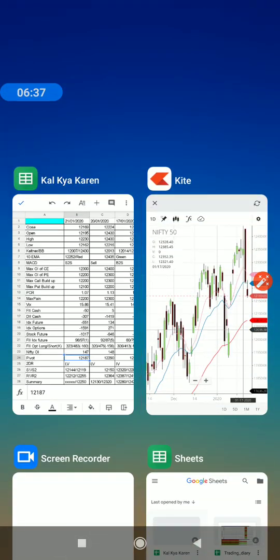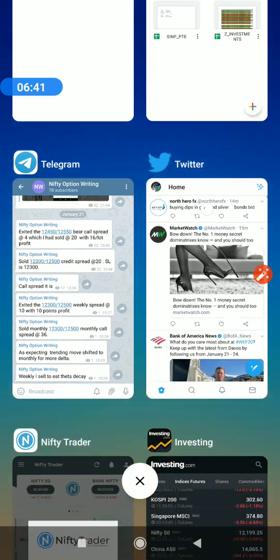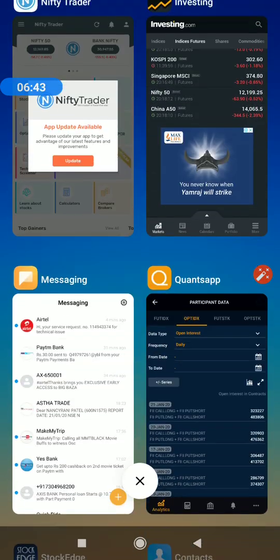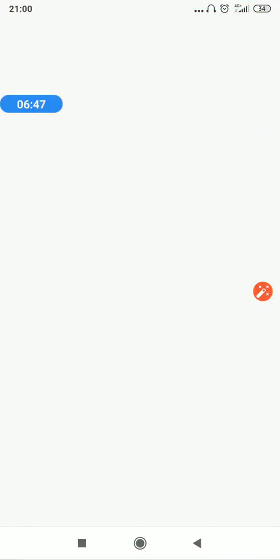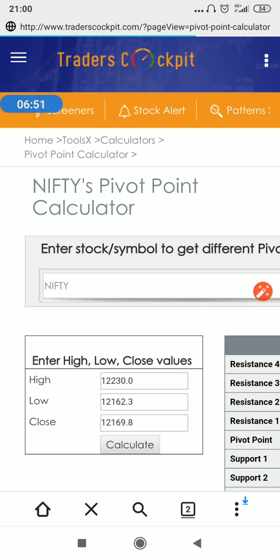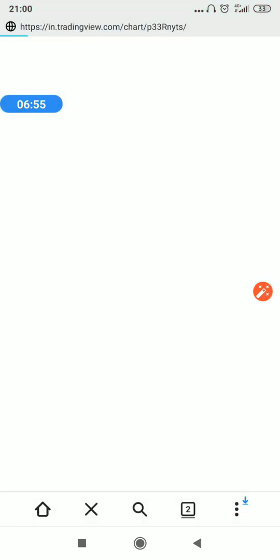So I wanted to show you guys the data that we look at, which is CPL. Let me open the CPL, the central pivot line. So today was a narrow range as compared to yesterday. So tomorrow again we can expect some kind of a trending day, because as we discussed yesterday and the day before,